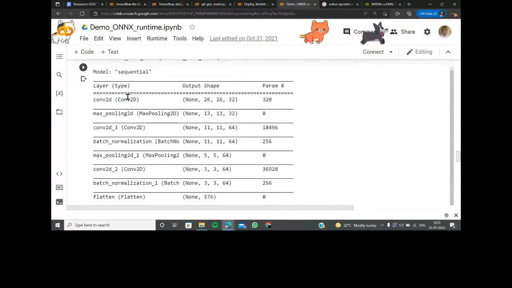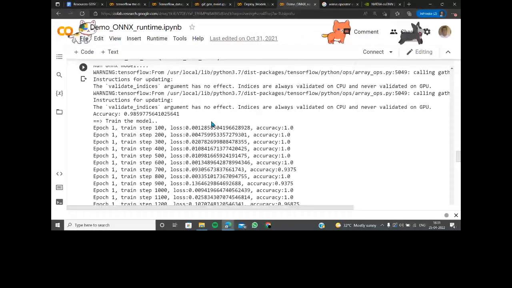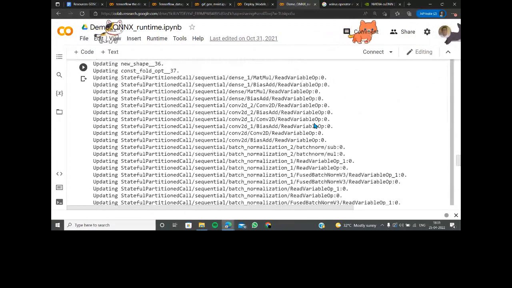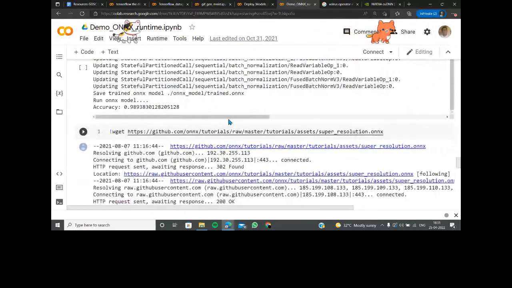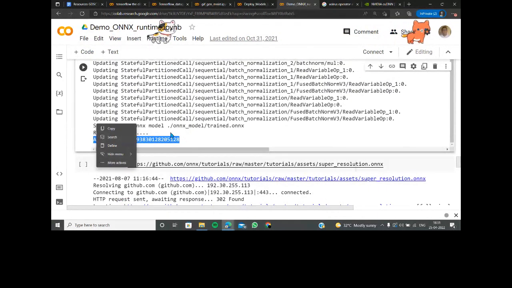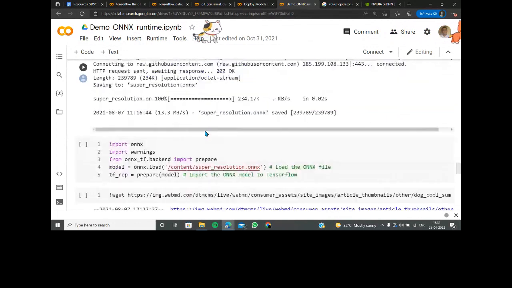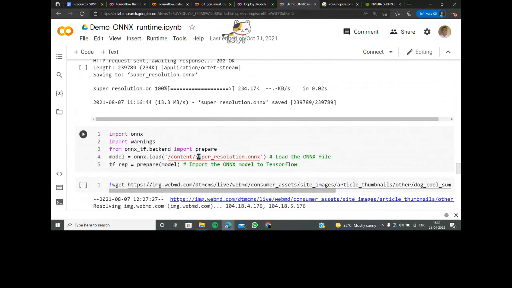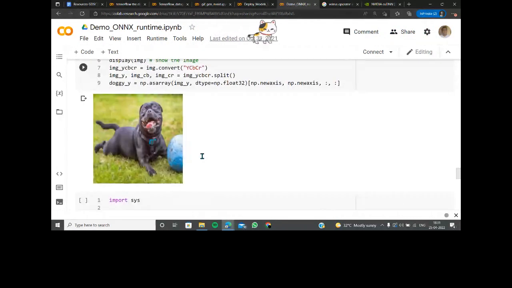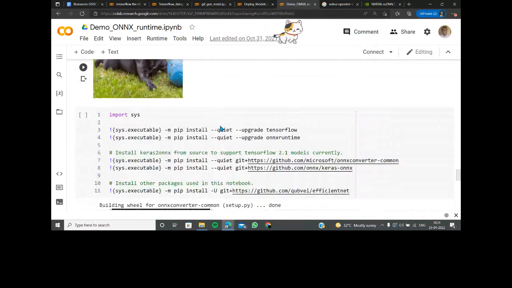So you can see this is how you describe it, and every epoch there is an accuracy. At the end of the day, accuracy was 98.93%.